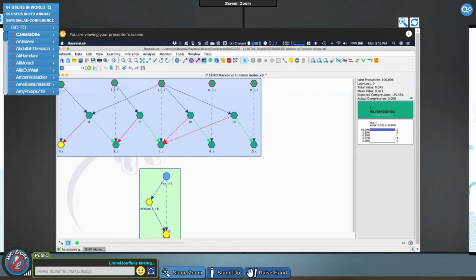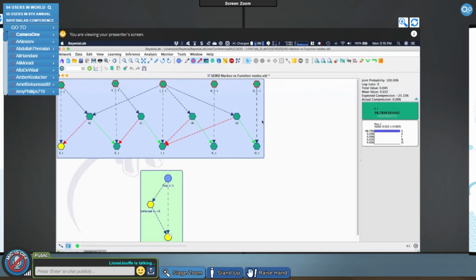One with functions, which is more like the usual way to deal with that, and the compact version with the Markov chain. But what is really important here is this feature of now having temporal clones for function nodes, right?